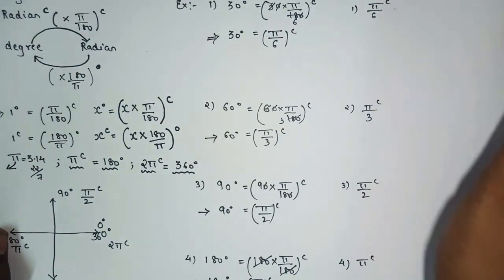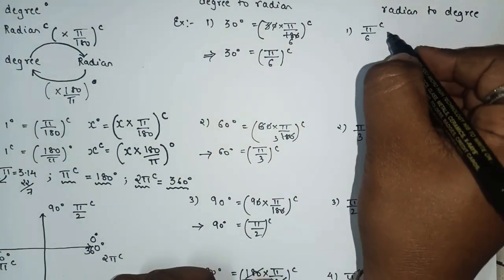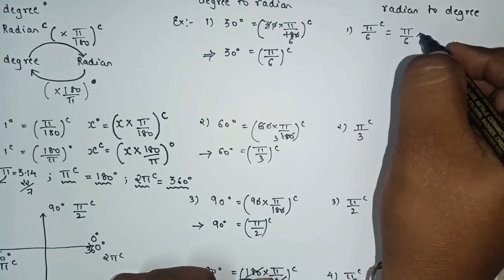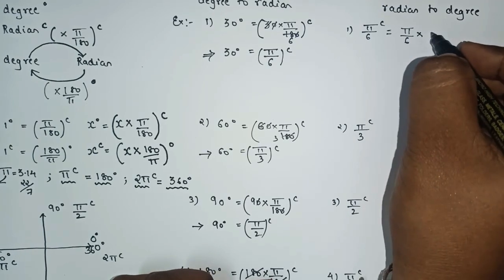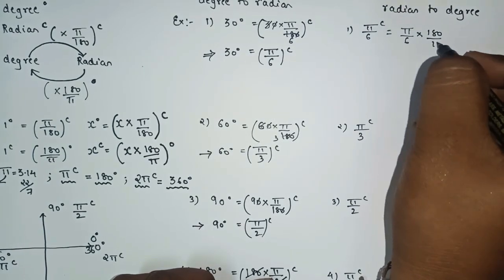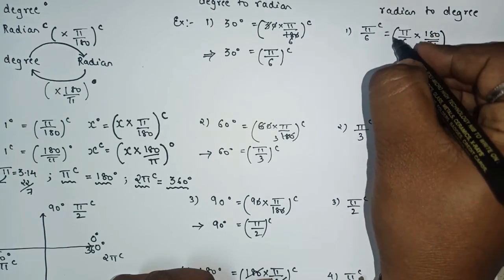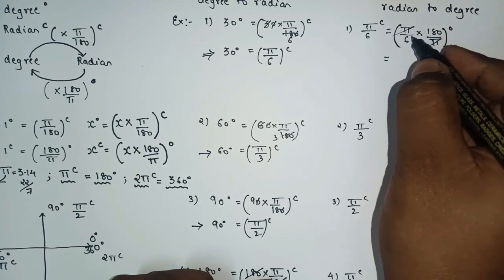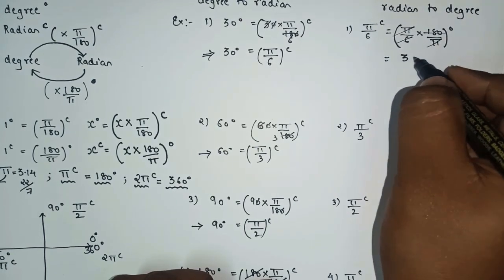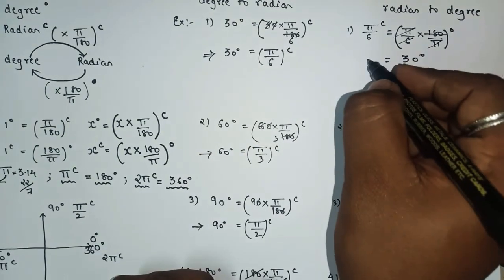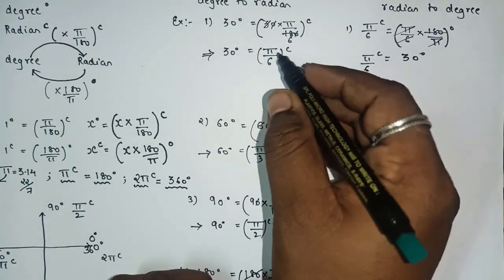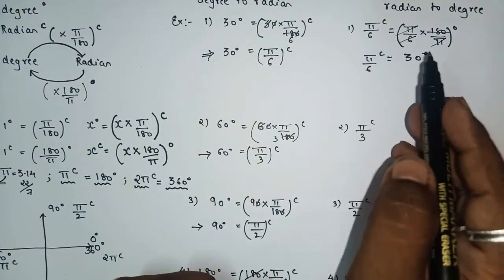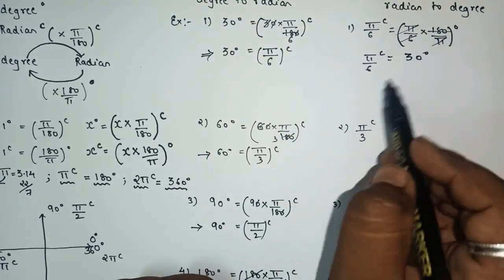As here we have pi by 6. Pi by 6, yes or no? So if you want to convert this radian into degrees, simply what you have to do, multiply that term by 180 upon pi. As you multiply that term by 180 upon pi, straight away it will get converted into what? Degree. So your pi will get cancelled. 6 ones are 6, 30s are. So here we got the answer, that is 30 degree. So your 30 degree we can read as pi by 6, or pi by 6 radian we can read as 30 degree. I hope you all understood the method how to convert degree into radian and radian into degree.